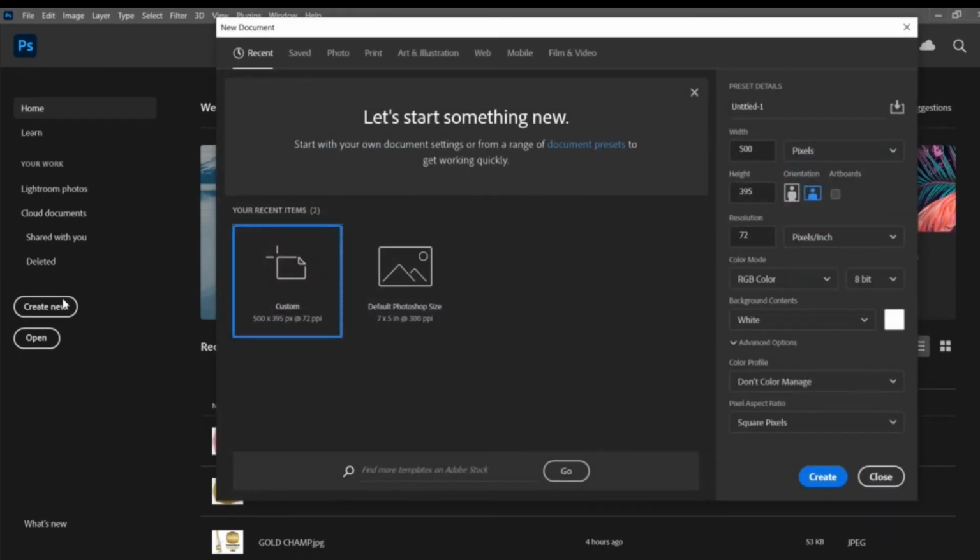Before we even get started, I do want to issue a disclaimer that I am not a Photoshop pro. I literally learned this on the fly. This is actually a free trial of Photoshop because I've never used Photoshop before. I have no idea of other tips and tricks on how to use Photoshop. I taught myself how to do this as I was actually doing my project,